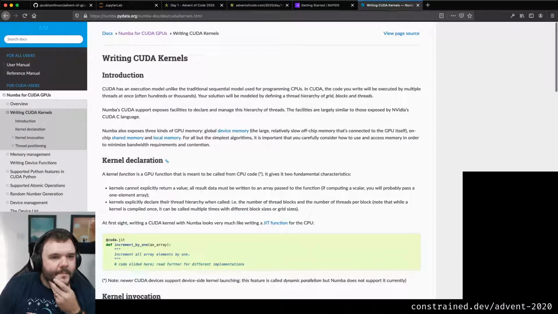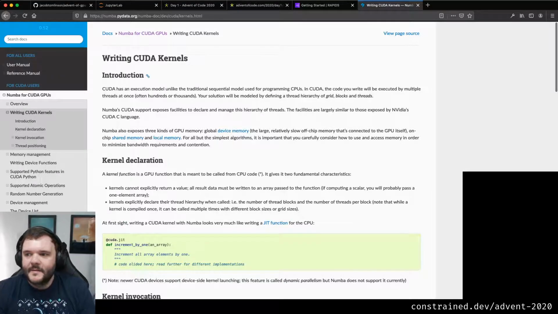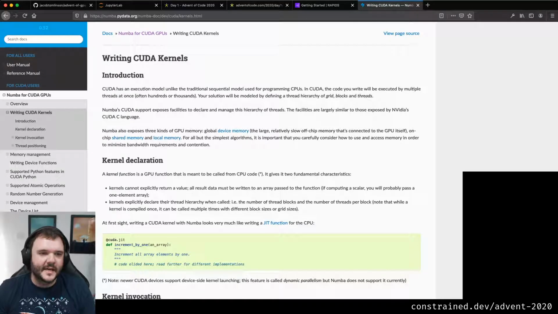So in Numba, there's a thing called CUDA kernels. A CUDA kernel is basically a function that you run on the GPU. Kernel is just a fancy word for function in this context. You write a function, and then you decorate it with cuda.jit, and this tells Numba that this is a special function. It needs compiling into something that can run on the GPU. And the way that it's executed is slightly different.